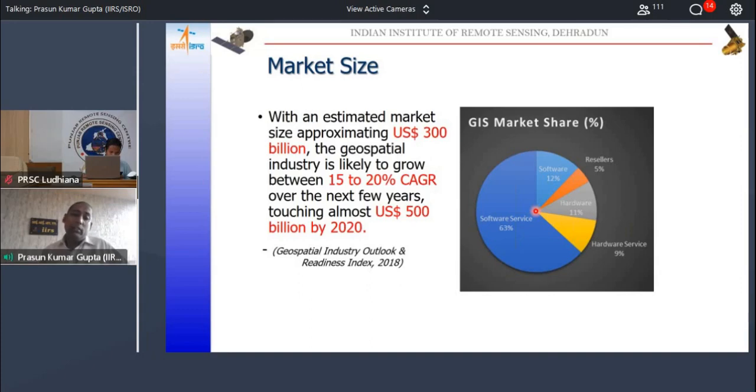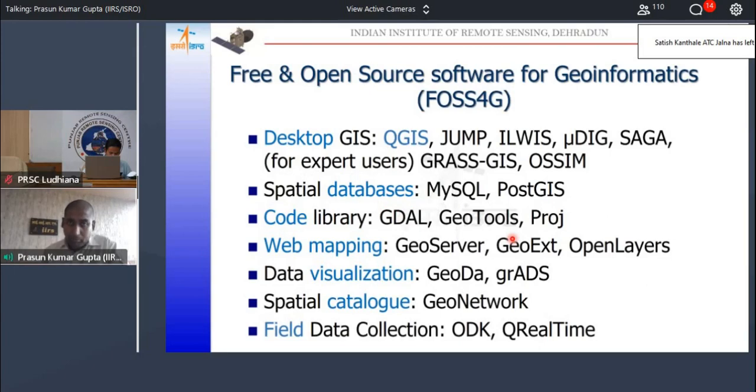Not only the software, but providing annual maintenance, people who work with the software, patches, testing, maintenance. So all that entire software service industry has about 75% of the entire market share.